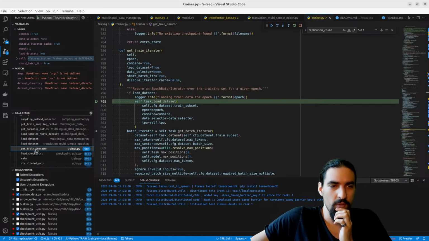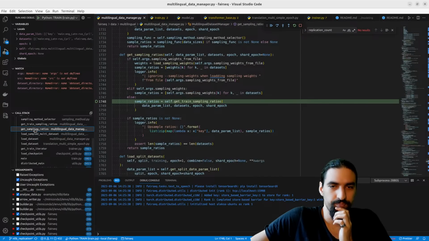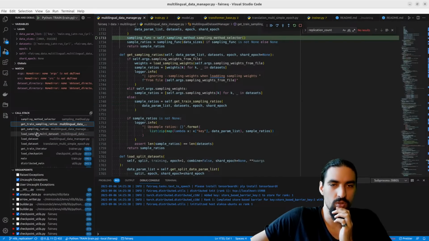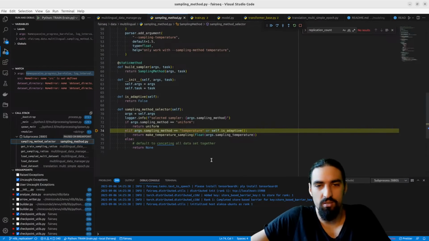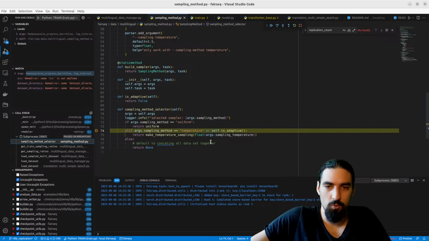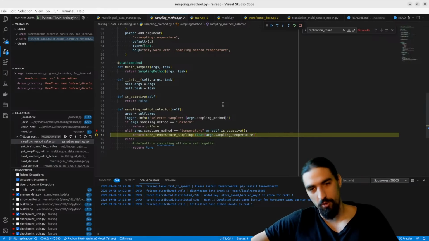We are grabbing our train data. We are loading the data. Get train sampling ratios. And then sampling selector. So because of this, we enter here and we set the temperature to 1. So that's where those two are used for the training data set.